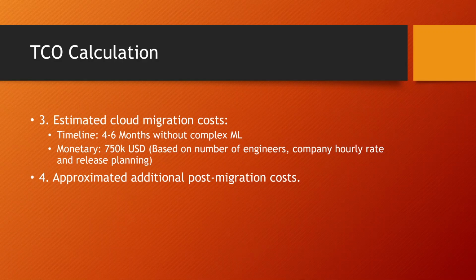So obviously, here I said 4 to 6 months without complex machine learning, but this 4 to 6 months was based on all the reference architectures that I dug up from the official AWS website, and I tried to compare what it looked like for them. But as I said, they are not really in a vacuum, meaning they are different from each other, and they would have to be analyzed in detail later on. But this would be a ballpark figure of what we are talking about time-wise, and then monetary, $750,000 US dollars